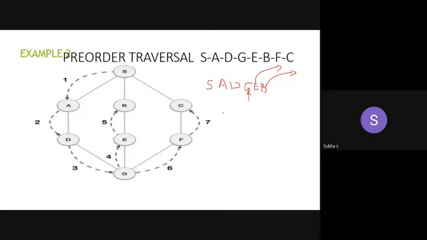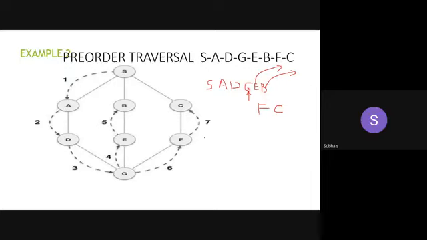Check whether is there any unvisited node. Yes, F is there. So what you have to do? After S, A, D, G, which element you have to push? F. Okay. Now top of the stack is pointing to F. Then from F, check is there any adjacent node and unvisited node. Yes, C is there. So write C. So this is the order. S, A, D, G, E, B, you are backtracking. No need to put again the same vertex. B to E means again B, E, no need to put. You have to put all the vertices one time only. S, A, D, G, E, then what? B, F, and then C.